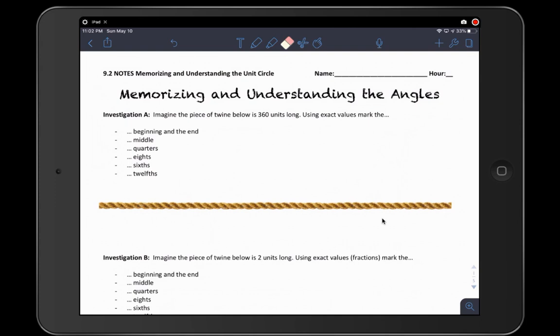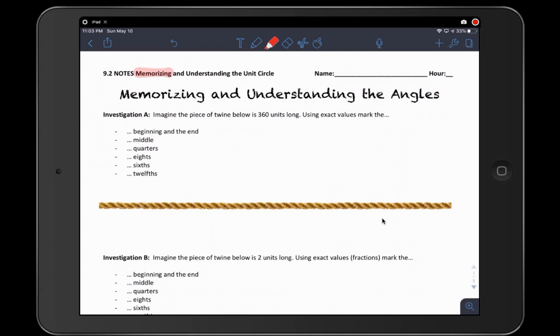instruction this week. We are going to be working on understanding the unit circle, and then from the understanding that we gain of the unit circle, we are going to memorize the unit circle. So the goal at the end of the day is to memorize the unit circle. If you do not understand or like the ways that I'm explaining how to memorize the unit circle, I'm going to post a few different videos from different math teachers online on YouTube about how they teach how to memorize the unit circle. So feel free to search on your own too and see what else is out there to help you